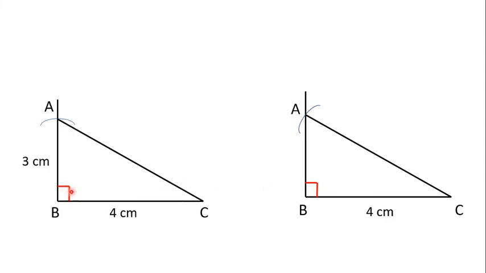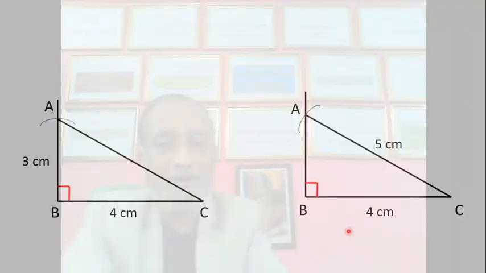Here the angle given is included between these two sides, but here the length of AC is given, so two sides and not an included angle is given to us. So friends, what is that we need to understand? If the included angle is given or not an included angle, in such a case also we are going to get a unique triangle only. This is what we should understand now.